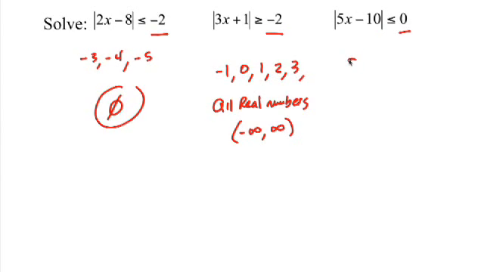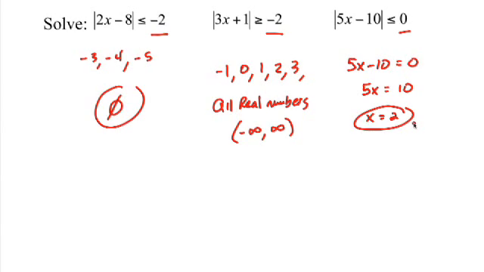So if they give you an inequality asking you to find where the absolute value of some expression is less than or equal to 0, the only value of x that will be a solution is the value that makes the expression on the inside exactly equal to 0. So basically, the original inequality is identical to the single equation 5x minus 10 equals 0, and that's easy to solve. Add 10 to the other side, it becomes positive. Divide by 5, you get 2. So this is the only problem we've discussed that has only one solution. Even though it's an inequality, there's only a single number that makes it true.